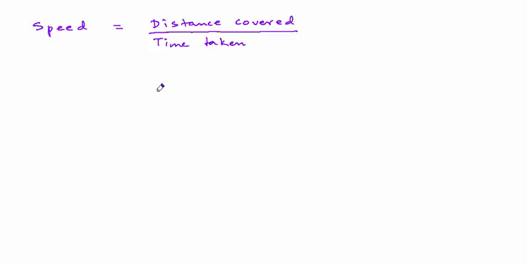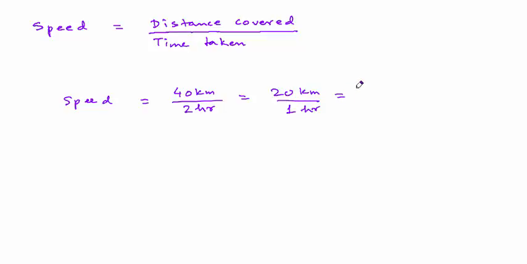For example, if a car covers 40 kilometers in 2 hours time, we divide 40 with 2 and say that the speed of the car is equal to 20. 40 divided by 2 is 20 kilometers per 1 hour, written as 20 kilometers per hour,